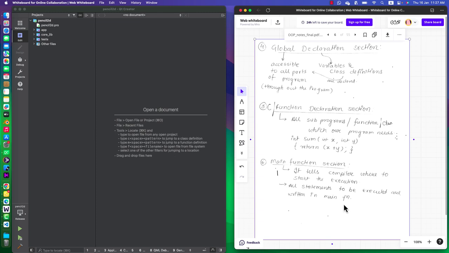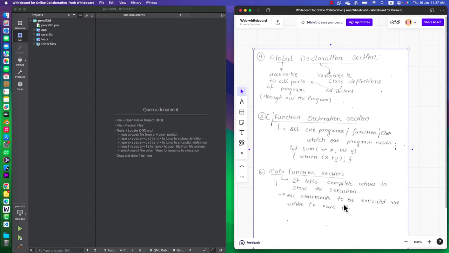Okay, the function declaration section: what is the function declaration section? Here all the subprograms, functions, or classes which your own program needs, you can define. Our global variable means if we declare any variable above the main function, that will be our global variable or global declaration. Okay, next,